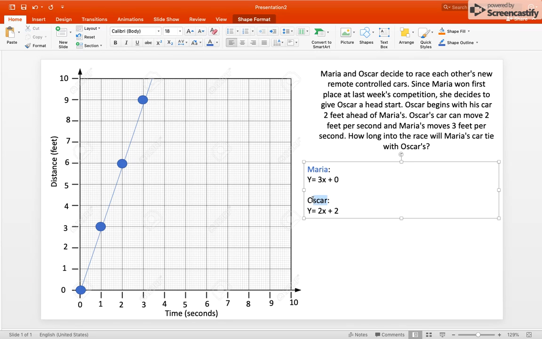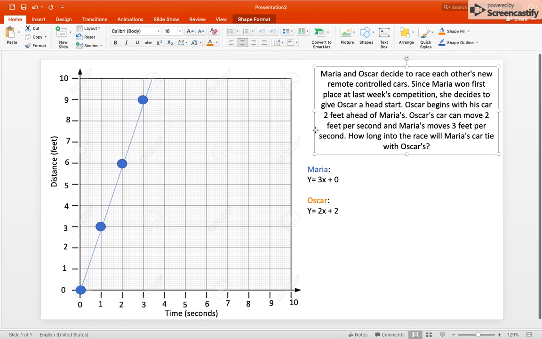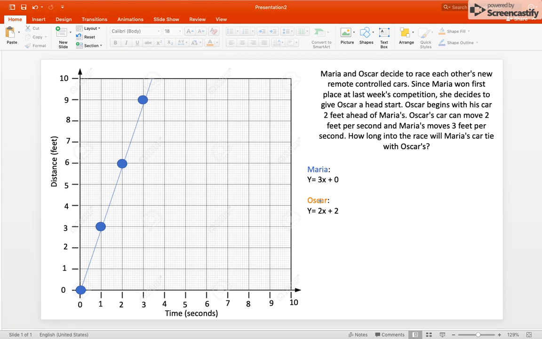Next, let's go ahead and change Oscar's color. Let's go ahead and make Oscar orange so that we can really tell the difference between these two. So again, I'm going to go back to shapes, and we're going to start with Oscar's y-intercept. Our +2 means that Oscar is starting 2 feet ahead. Let's go ahead and change our color to orange. And this time, Oscar's slope is only 2 feet per second. So starting here, we're going to be moving up 2 over 1,